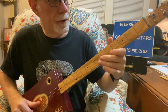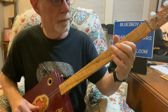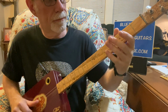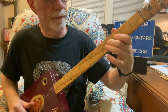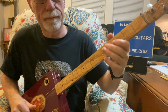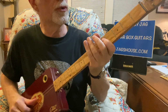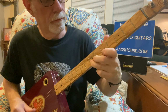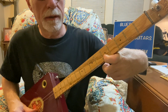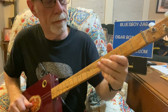For the last part is a little bit tricky. I'm using my 1st finger on that 2nd string, 3rd fret, hammering to my 2nd finger on the 4th fret. And then I'm going to use my 1st finger on 1, 2. Now I'm sliding up to 1, 7, and then plucking 1, 5. So I'm using my thumb on that 2nd string,